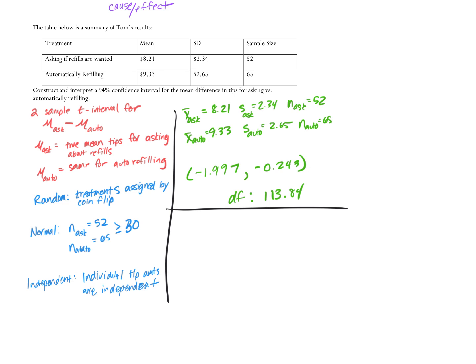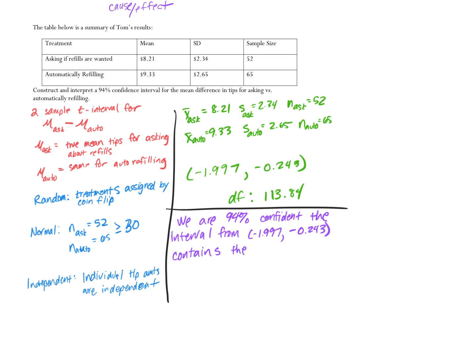Are we feeling okay in terms of where these numbers are coming from? Okay. All right. So we are 94% confident. The interval from negative 1.997 to negative 0.243 contains the,